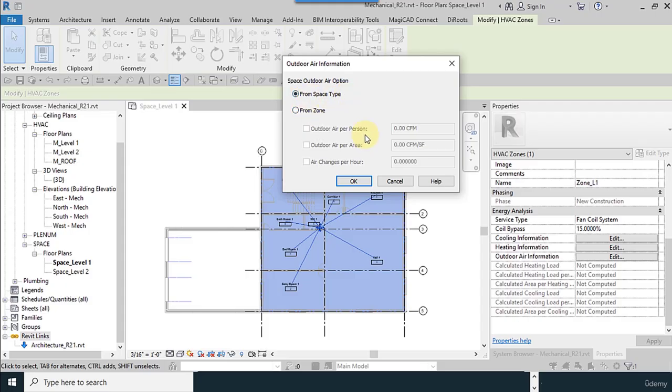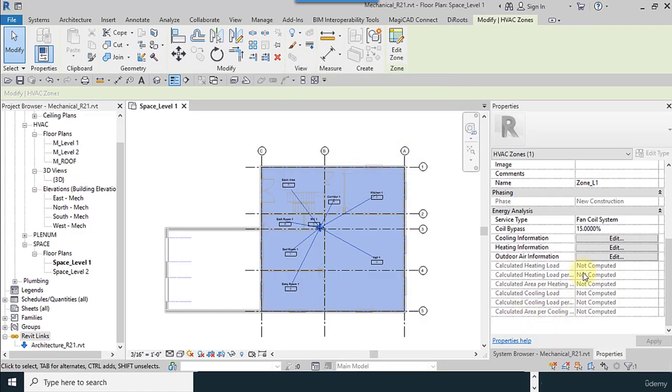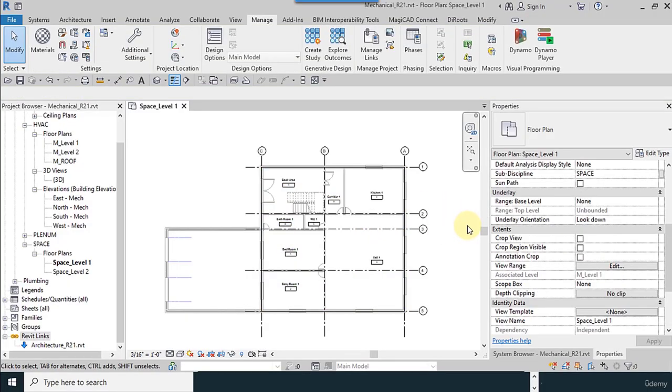For outdoor air, according to the type of the zones are different, and the amounts and values will be changed. And we do it for next zones, level 2, and finally